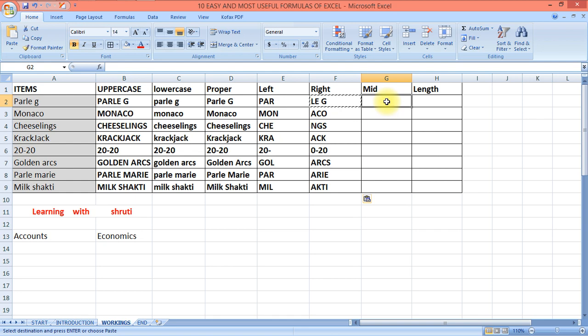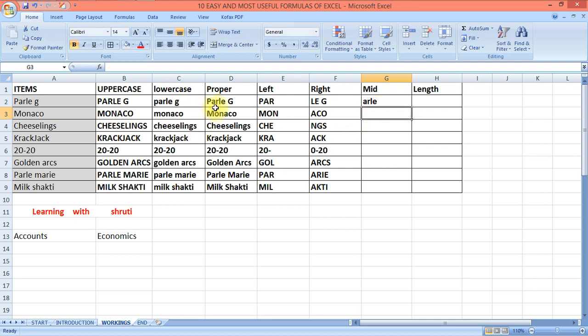Mid is little different. Let's see how it is done. MID bracket. It says text, then start number. From which number letter you want to take the numbers. Suppose I want to take from the second letter next four letters. I want from A the next four letters. So I'll select the text. I select this text, comma, from the second letter that is A. I want next four letters.